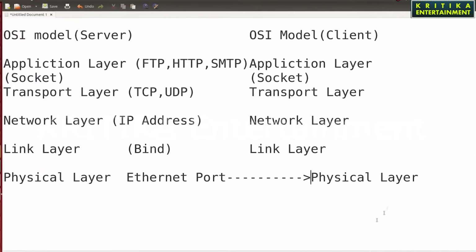Now I will tell you how many types of sockets there are. There are two types of socket. First is the internet socket, and this is a unique socket.